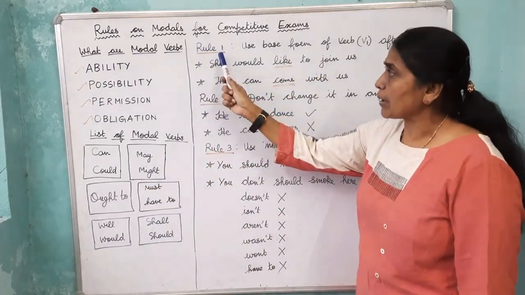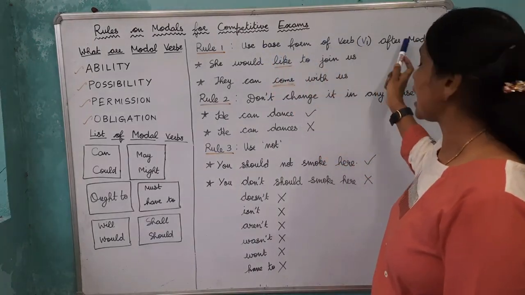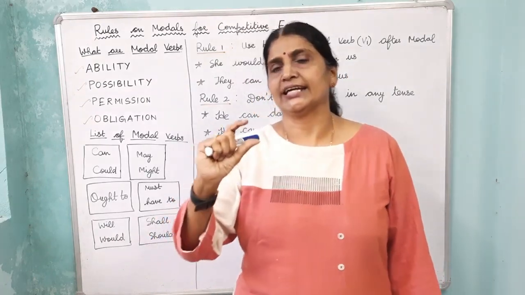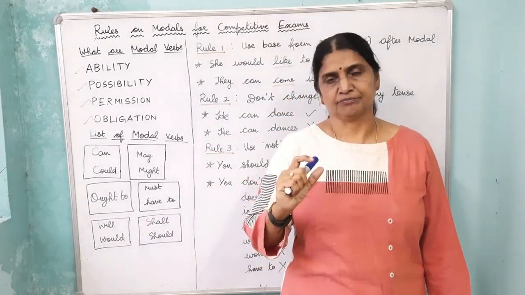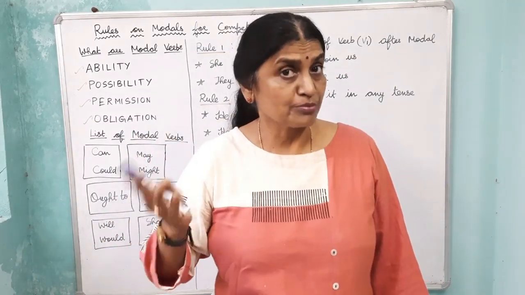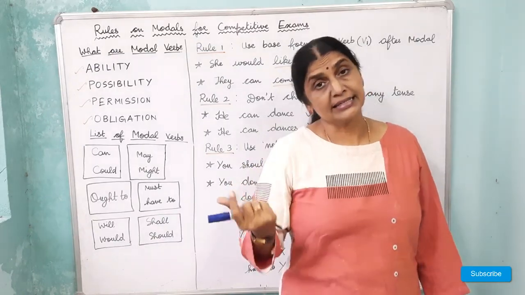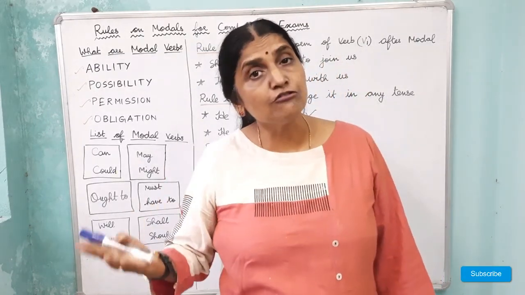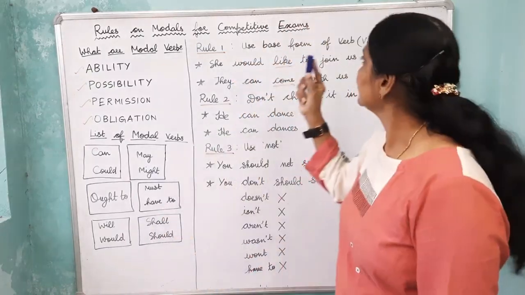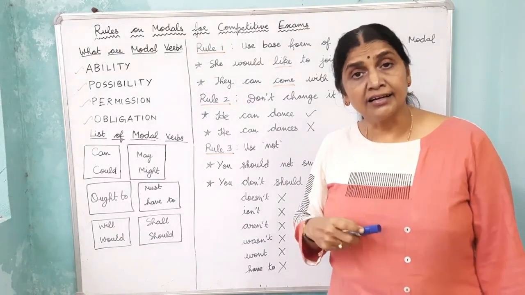Now, rule number 1 says that use the base form of the verb after a modal. What is the base form of the verb? Suppose you take the verb learn, that's the base form. Learned, learnt are the changed forms of the verb learn. See, saw, past tense, seen, past participle. These are different forms of the verb, but the base form or the root verb is like play, see, learn,